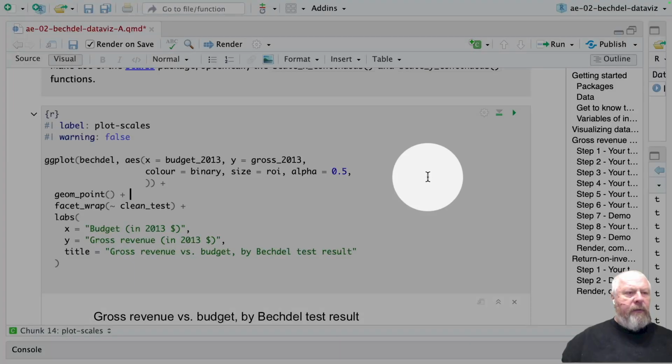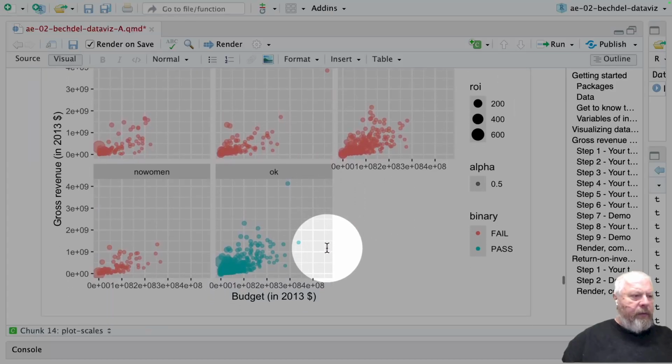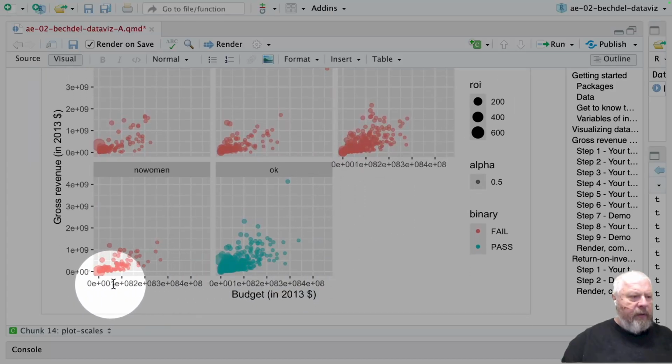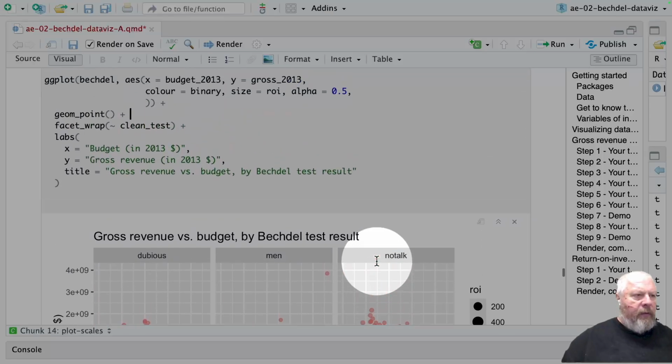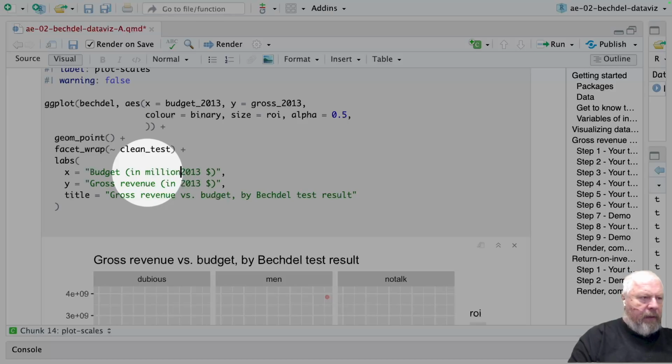This is something like you should have created in the last little bit. And what we want to do as far as making these prettier goes is to get rid of some of the scientific notation. One of the ways we could do that would be to scale each down by 1,000,000. So we could write budget in million $2013,